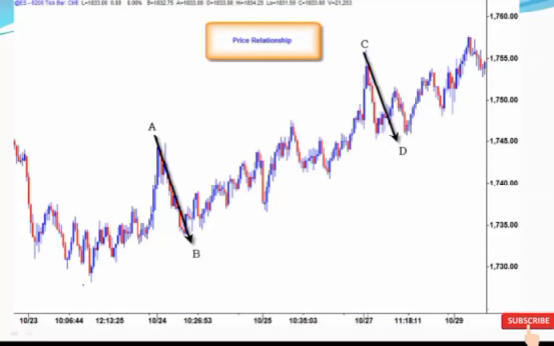Now, if we look at this in terms of an Elliott wave, which we're not, and you say, okay, how does this structure really work? If we're looking at higher highs and higher lows, here's your low, here's your high, here's your low, here's your high, here's your higher high. Here's your higher low,